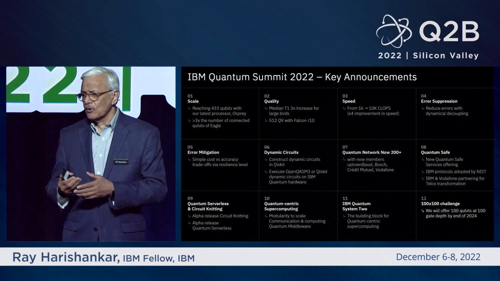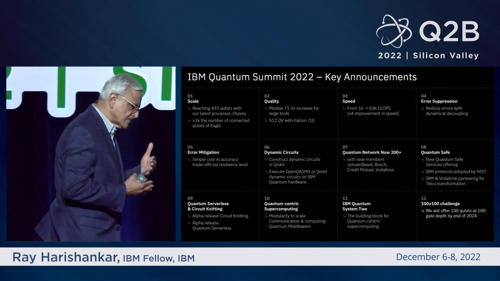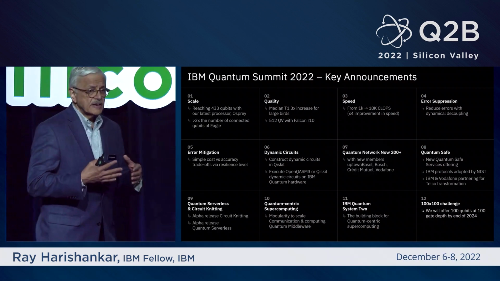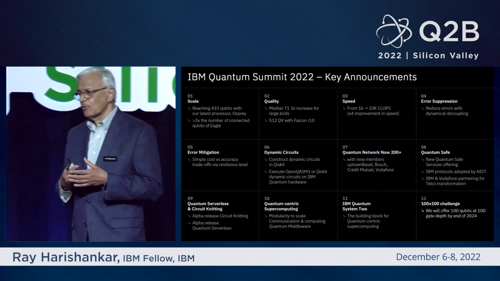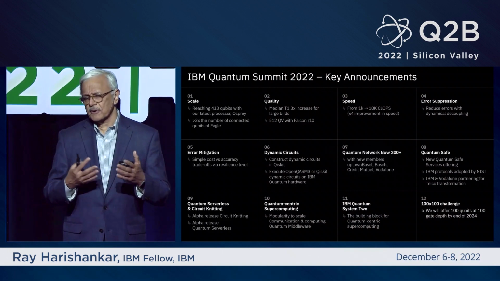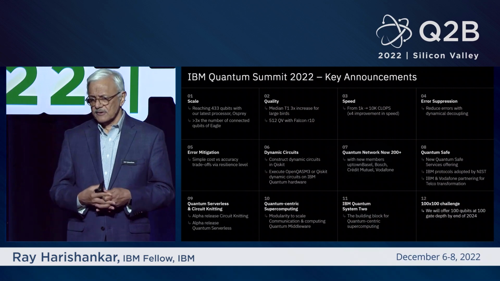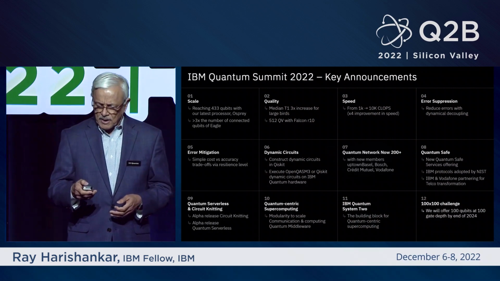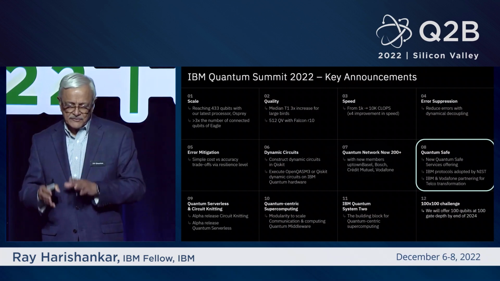And then we also wanted to call out that our quantum network, as everyone has called out, is not a single-player game. It is an ecosystem game, and we are proud to call out that we have over 200 partners in that ecosystem as part of the quantum network, and collectively we are making significant progress. And the box 8 is what I'm going to talk about, which is quantum safe. So I'll skip that for a second.